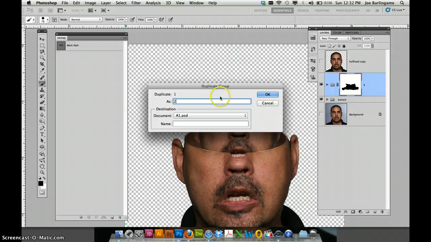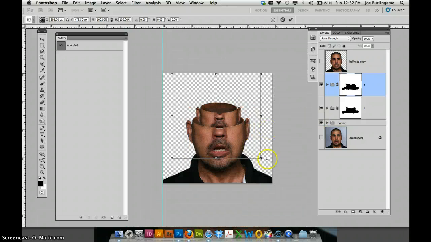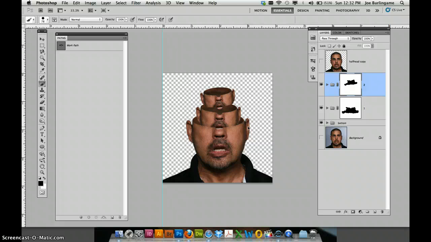Duplicate group, and I'm going to call this 2 because it's the next one up. And now we transform 2, Command T, obviously. Hold down Shift, please. I'm going to bring this one up in this area. Now you'll notice the top is already set for us. Isn't that awesome? I'm going to tip them a little bit more. There we go. All right, say you want to put it right there and you've noticed that the bottom is